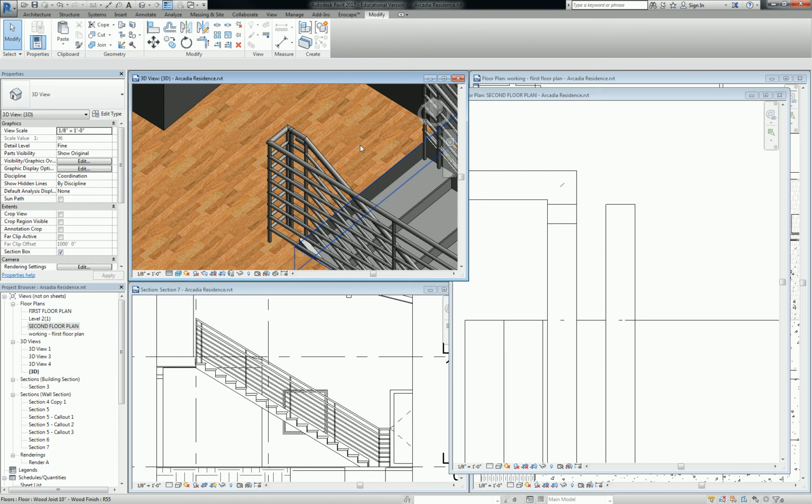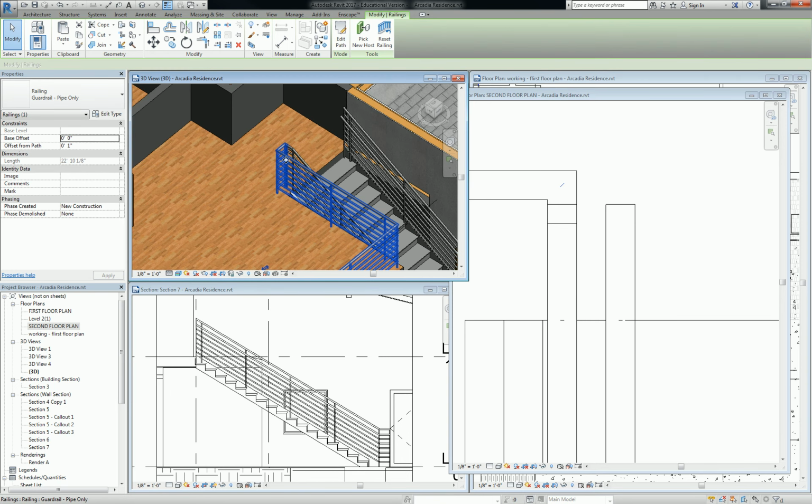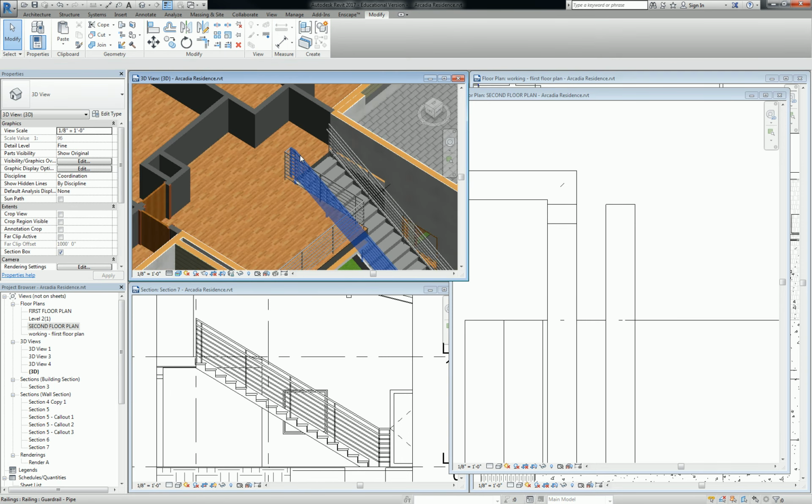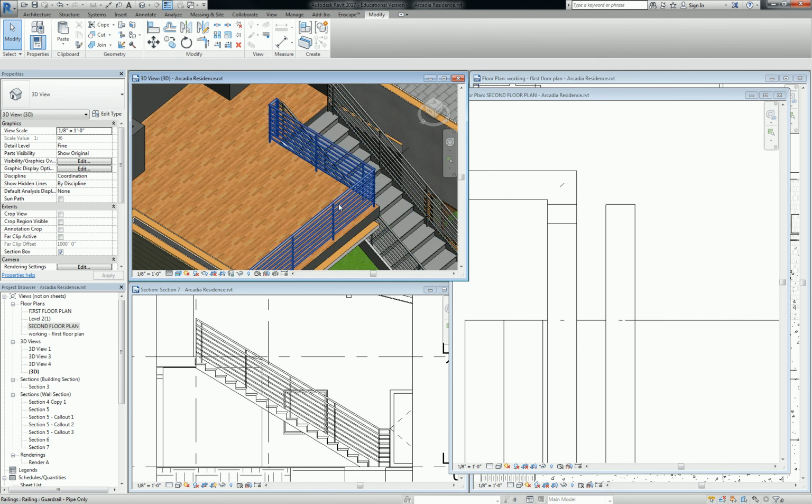For the railings, do they have to be only on the second floor to adjust that? Only on the what? On the second floor? Yeah, for this one, it needs to only be on the second floor. Any other questions? Okay, guys. So let's get to there. I think that was a really easy one that I talked like 12 minutes to show you how to do one tiny little thing, but